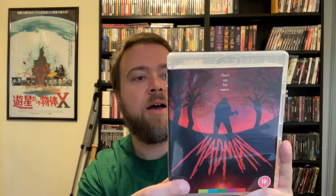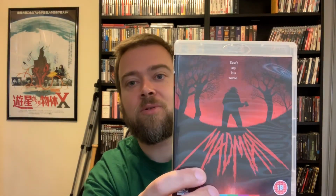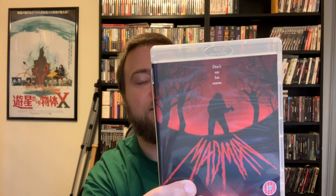Next up is Madman. This is the UK Arrow Video release, but it is region free. I always thought Victor Crowley from the Hatchet series was influenced by a combination of Madman Marz and Cropsy from The Burning. Madman Marz is like an urban legend story told around a campfire by camp counselors, about Madman Marz, a farmer who kills his kids and wife, and then the locals, the townspeople, for his heinous act,